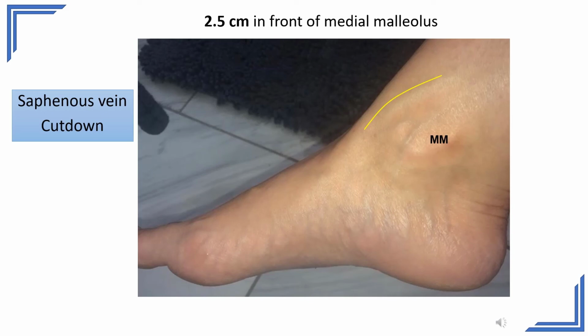We all know that saphenous nerve is involved in supplying cutaneous innervation to the medial aspect of the foot. So we don't want to injure the saphenous nerve and create anesthesia of the foot and prevent further complications. So while doing a venous cut down, it is important to note that saphenous nerve has an important relation to the great saphenous vein. Thank you.